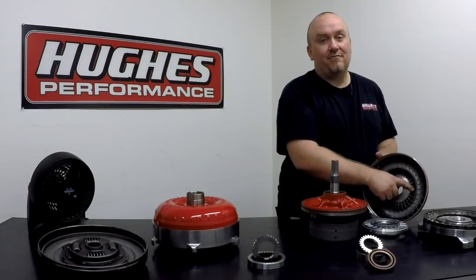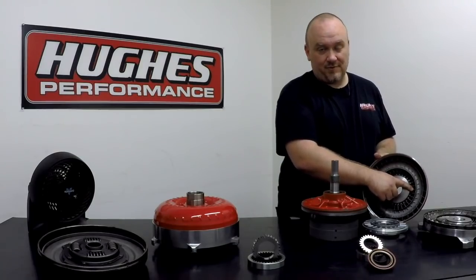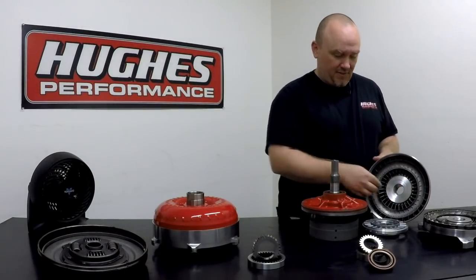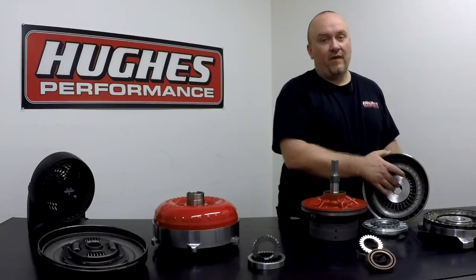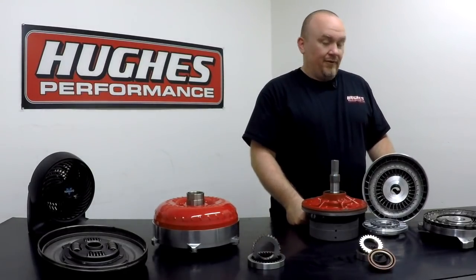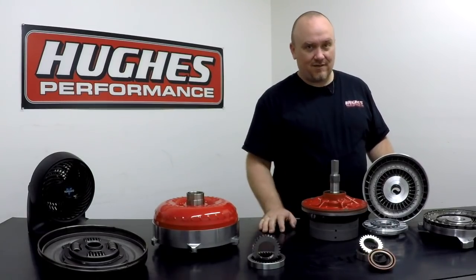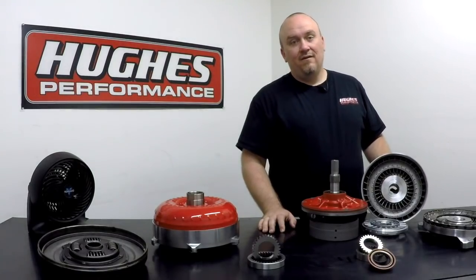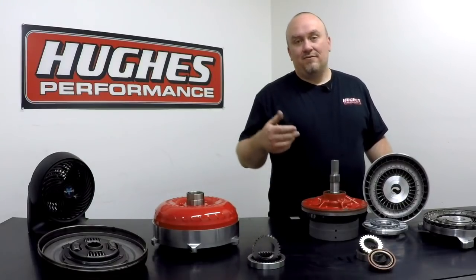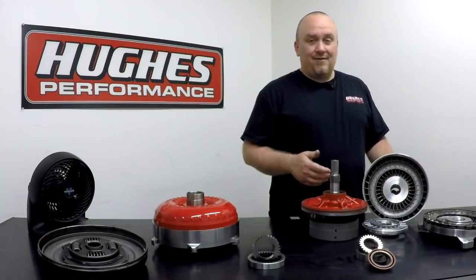You may hear the term K-factor used by some builders. It's really what they're talking about. It's the maximum torque multiplying capability of the torque converter. K-factor is a little bit of a smoke and mirrors thing. It's really helpful in an OEM application where you're dealing with black and white absolutes. In the racing industry, even the high-performance street car industry, heavily modified diesels being used for towing, anything like that where you're dealing with engine modifications, gearing modifications, transmission modifications, different weights than OEM spec, K-factor kind of flies right